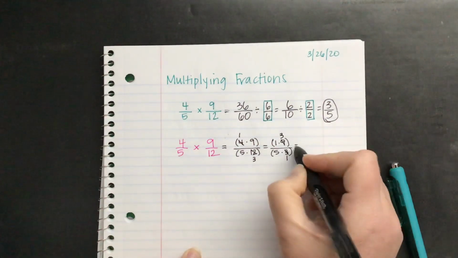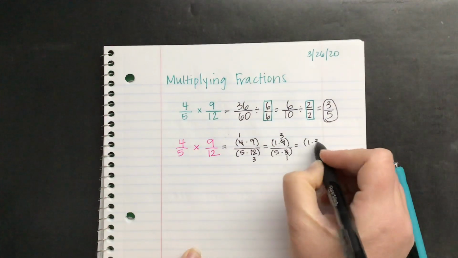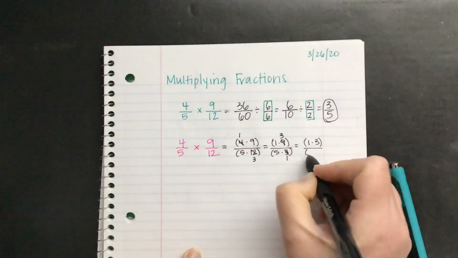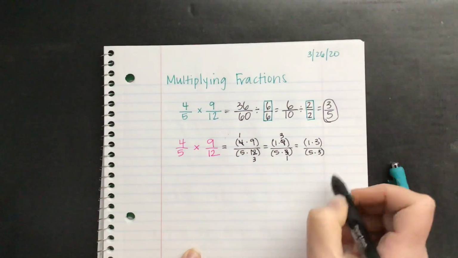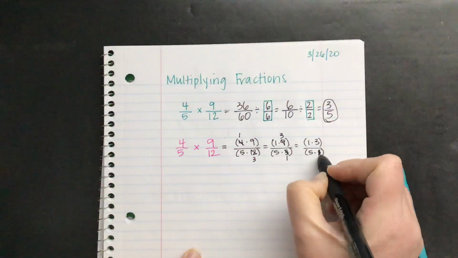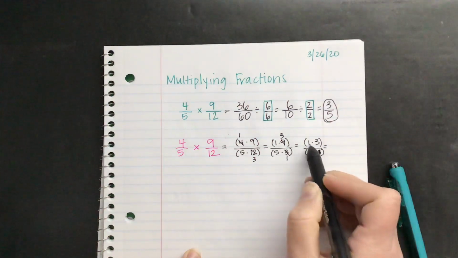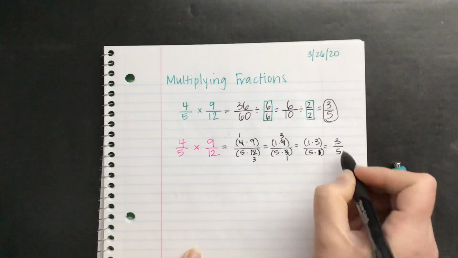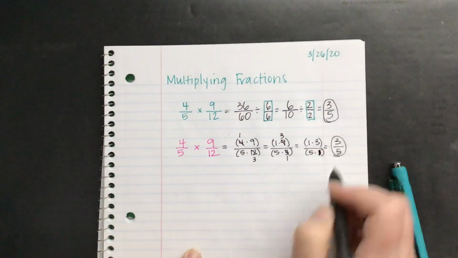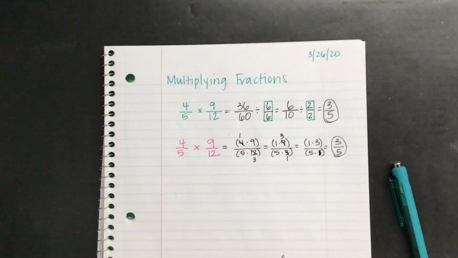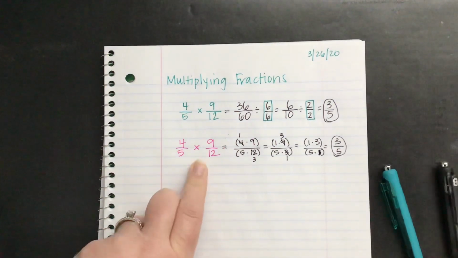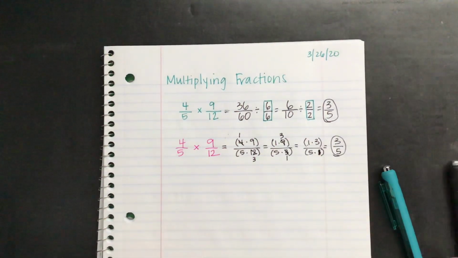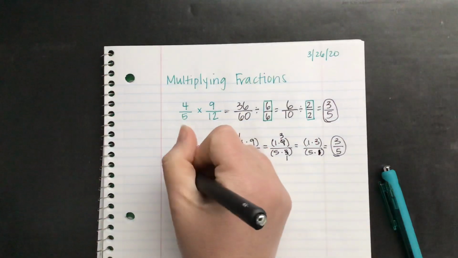And now what I have left is 1 times 3 over 5 times 1. 1 times 3 is 3. 5 times 1 is 5. You'll see I got the same answer. Okay? Now to do that simply, without having to do all this work here, all you have to do is write your problem